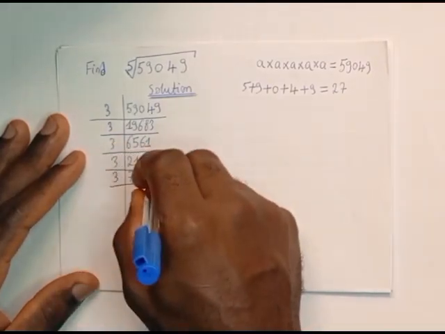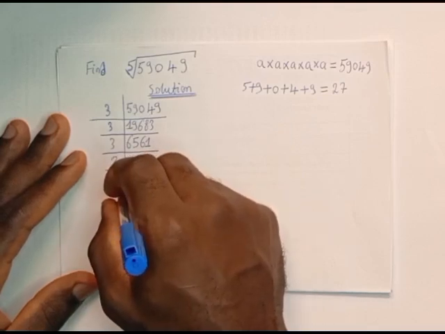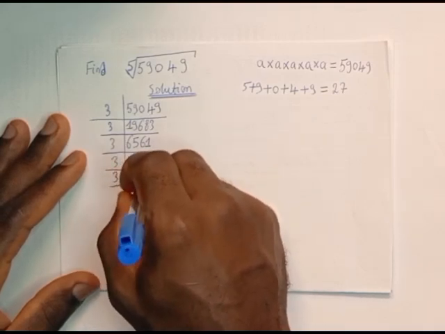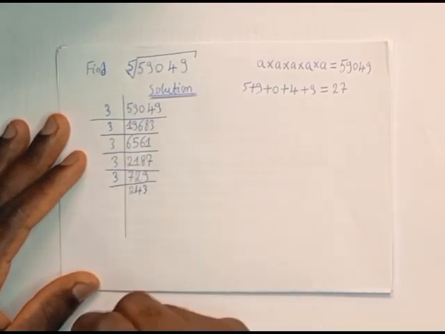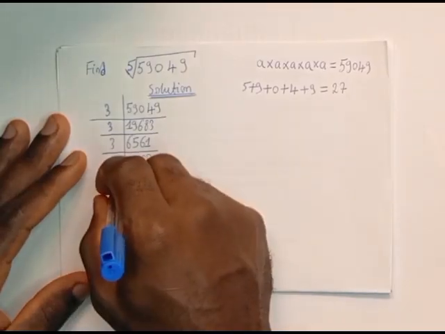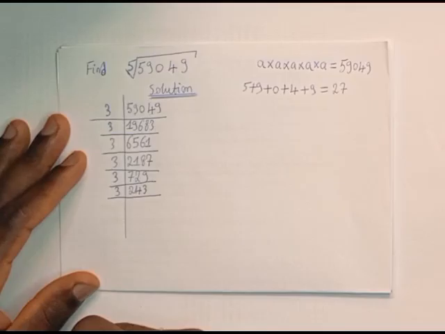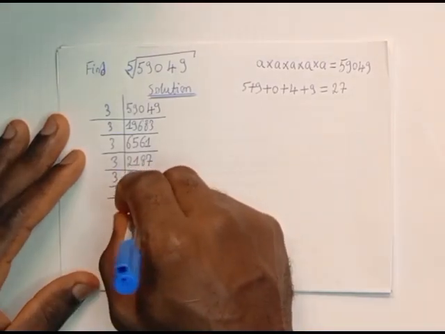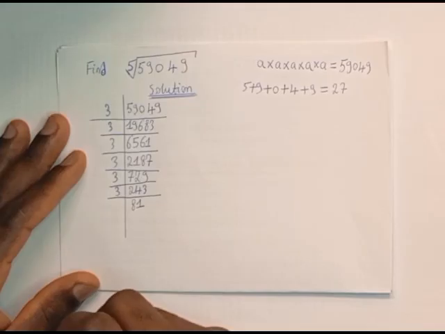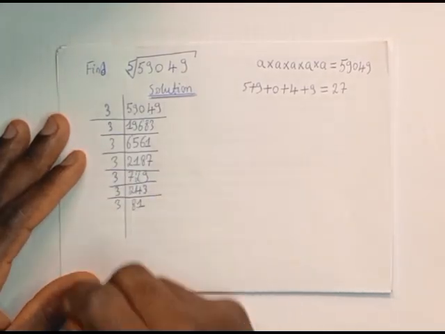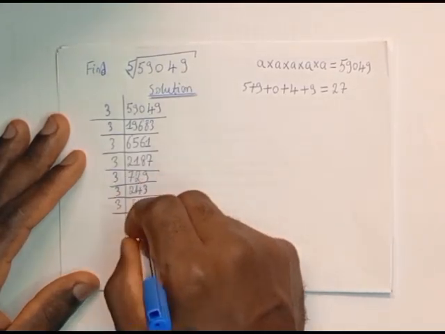This gives us 243, which is a multiple of 3. We are going to bring down 3. We divide 243 by 3. This gives us 81. We are going to bring down 3. 81 is a multiple of 3. 81 divided by 3 gives us